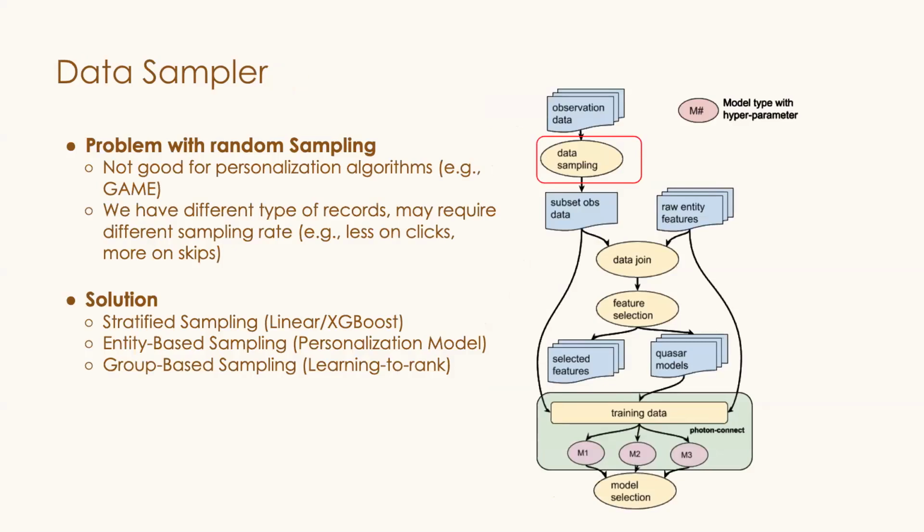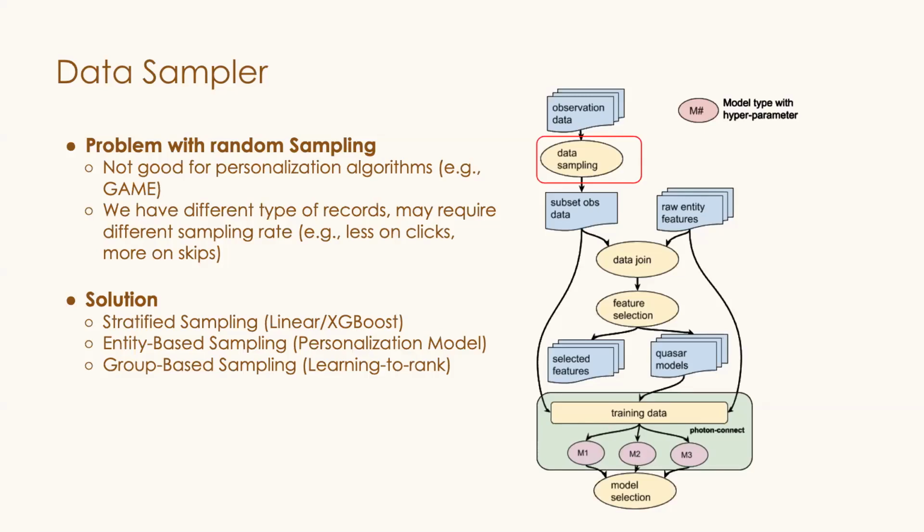First, let's talk about the data sampler. The goal for the data sampler is to reduce the size of the data so that we can speed up the exploration process. But also, we want to get indicative signals from the sampled-down data to the full data set. So there is an aspect of transfer learning over here. While we're doing this, we notice that